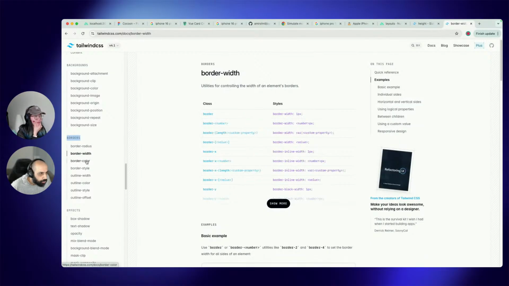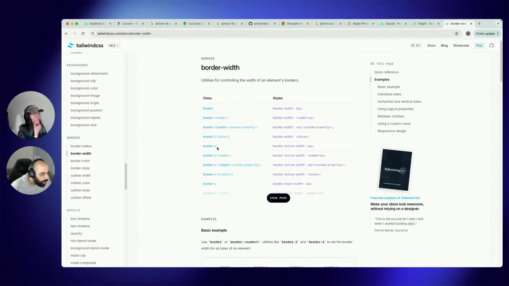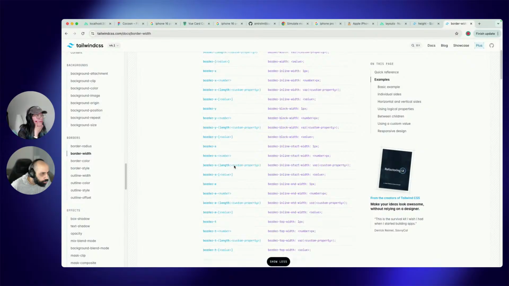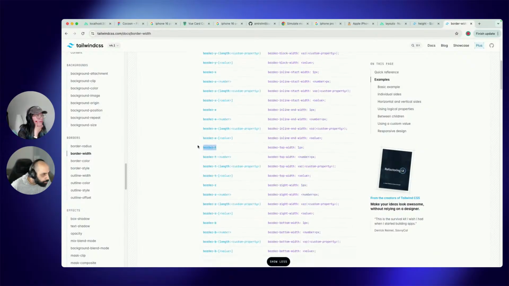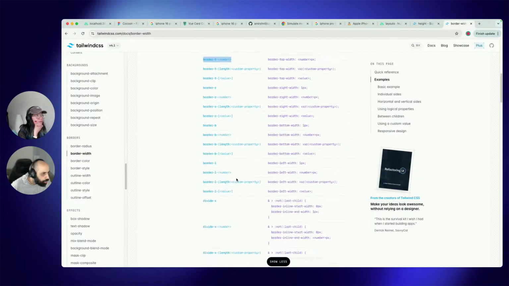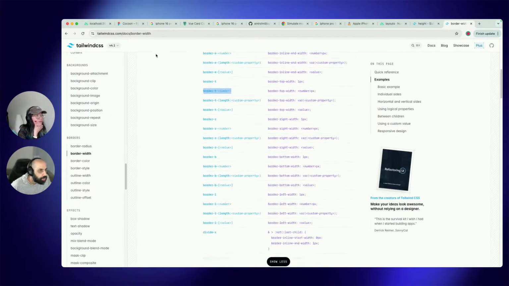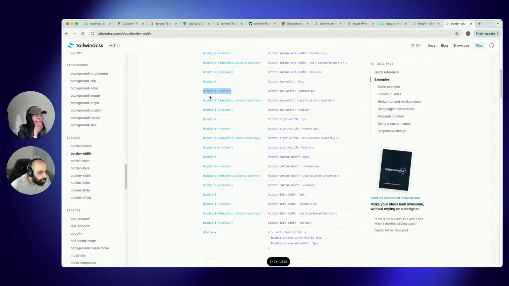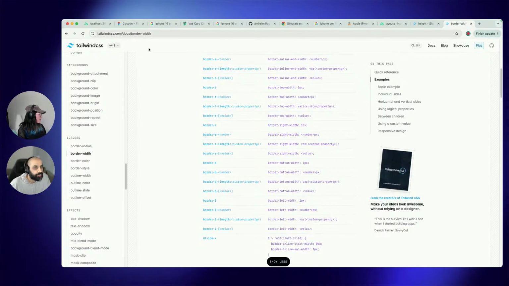It's fine. Color, border X. The thing I thought was border T, border B, yeah, border T number, and then border B number will do, and then the height is just one, so border T1, border B1,